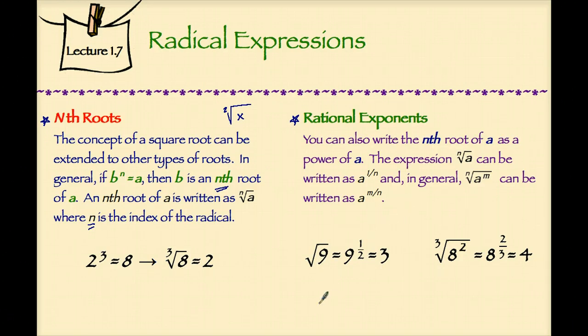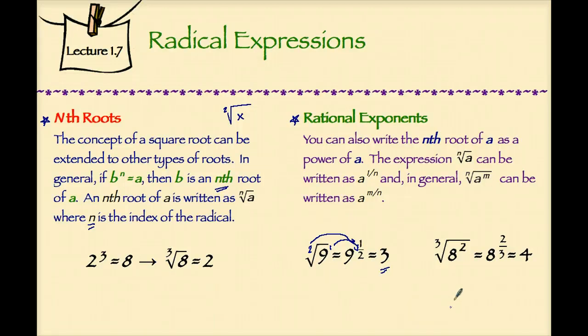Let's look at a couple of examples. The square root of 9, again, notice no index written here, so we know it's the default 2, can be written as 9 to the 1/2 power. Where did the 1/2 come from? Since this is 9 to the 1 power and it's a square root, the 1 becomes the numerator of the fraction, the 2 becomes the denominator of the fraction. 9 to the 1/2 means the same thing as the square root of 9, and of course in both cases